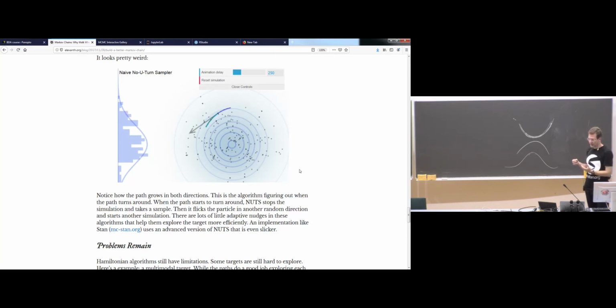And in these kinds of algorithms which have some adaptive component, like here, where we don't know when to stop, in order to maintain that symmetry, that it's as likely to go from here to end here as it is from here to end here, one easy way is to do the actual simulation forward in time and backward in time.